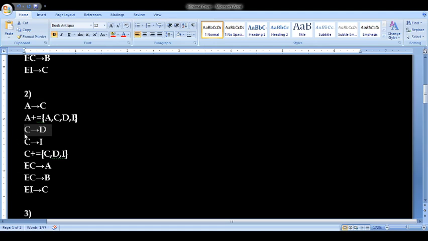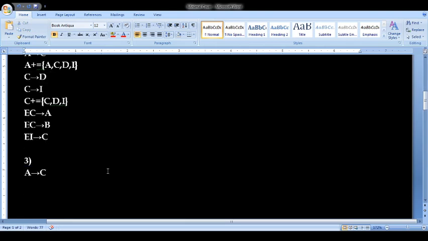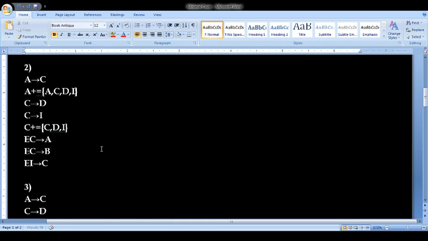So the C closure will give only C and I, no other elements. So you are not able to get D. Okay. Without this functional dependency, C closure is not able to give D. So it means this functional dependency is required in a minimal set. So this cannot be eliminated. Okay, C implies D is required.